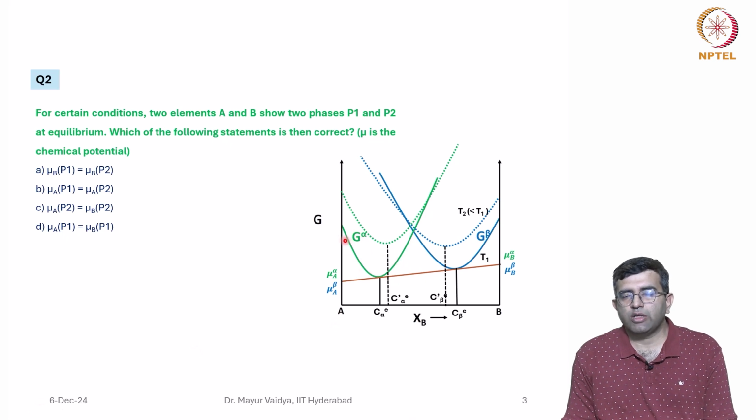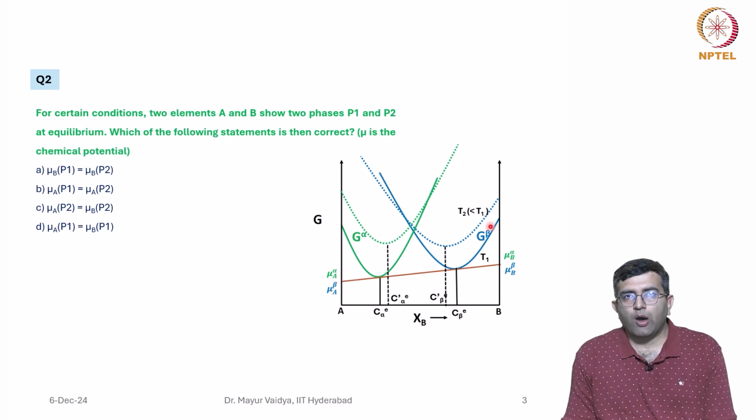For example, if you have the free energy of alpha and the free energy of beta, here the solid lines, green color represents G alpha, blue color represents G beta. And what is chemical potential? How do you get it from this graph? You draw a tangent at this point,